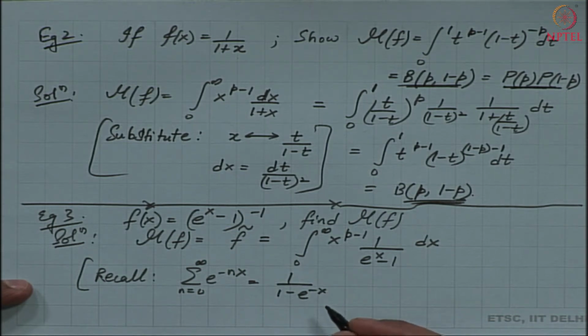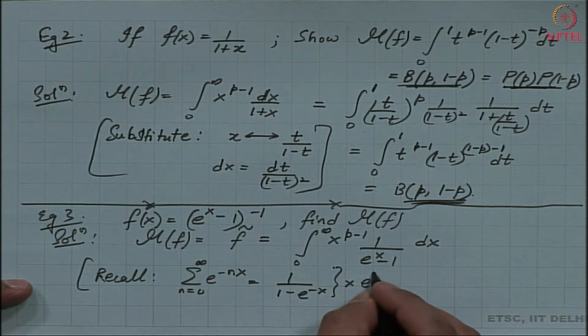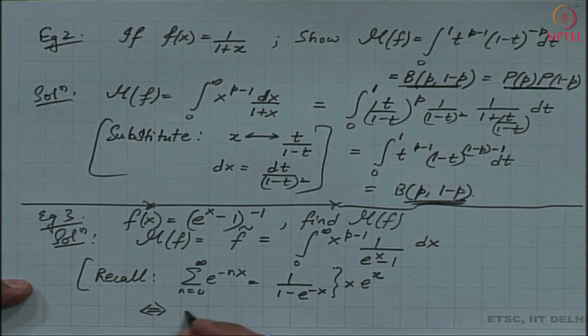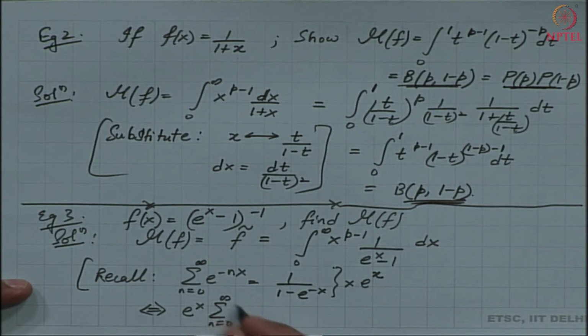So, we see that if I were to multiply throughout by e to the power minus x, that is multiplying throughout by e to the power x, the left and the right hand side, I get that this result is e to the power x times summation n from 0 to infinity e to the power minus n x, and what I get is e to the power,